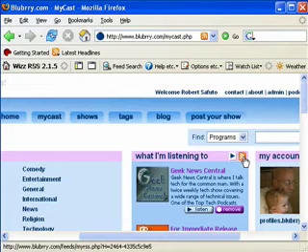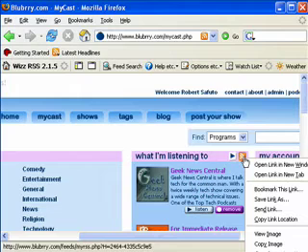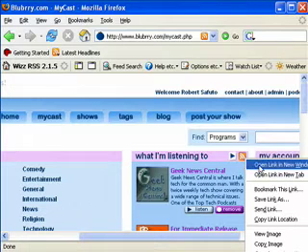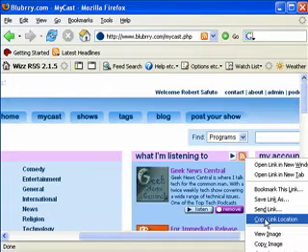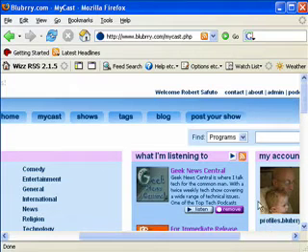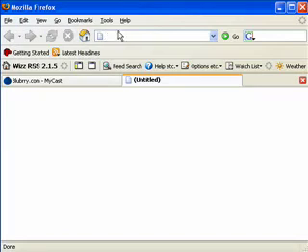So first thing we need to do once we get to the MyCast is we need to right click on the icon for the RSS, and we need to select copy link location. So I'm going to do that. So now we've got the link copied, and I'm going to open a new tab here, and I'm going to go to a website called